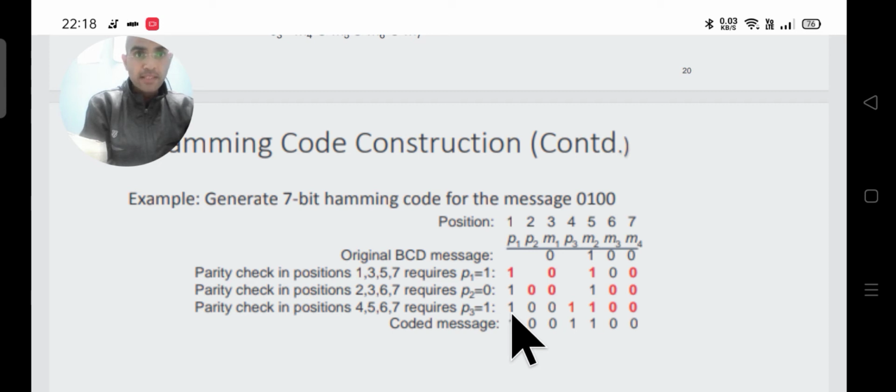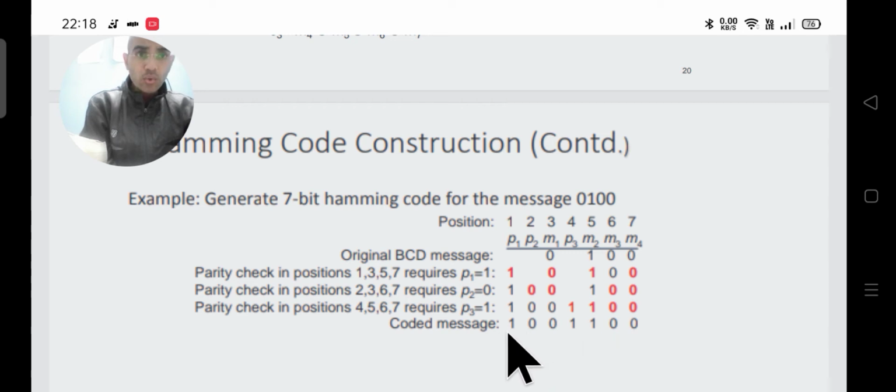Now on the same lines we can choose P3. To make an even number of ones in the selected 4, 5, 6, 7 locations, we have to make P3 equal to 1. So P3 is 1 now.